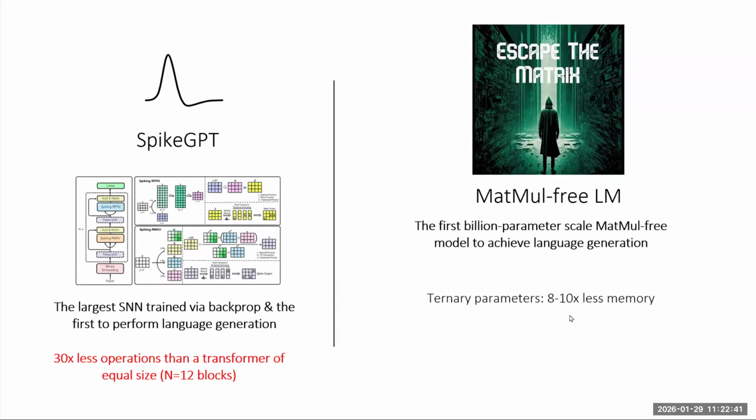It uses ternary parameters, so 8 to 10x less memory than your 16-bit brain float precision models. And because you're doing a recurrent process, you're not expanding memory here. So this looks a lot more like a spiking network than it does a transformer. But if you're trying to compress a whole heap of sequence length into a single state, you need to learn how to forget. And so we drew upon a lot of the pre-existing literature from, say, LSTMs and forget gates in order to implement this. We ran this on neuromorphic hardware.